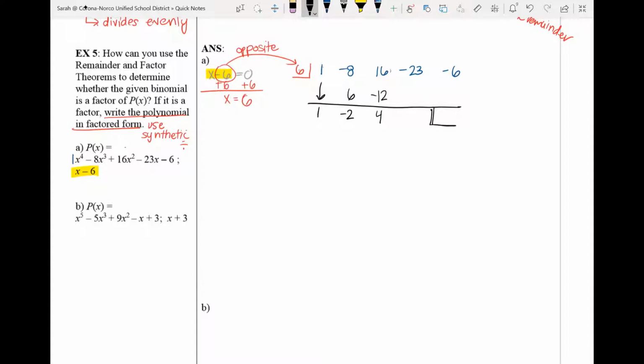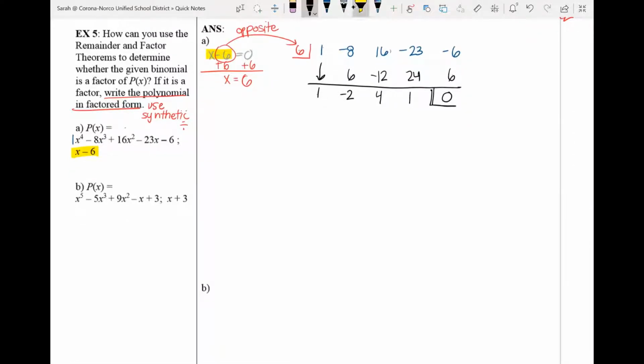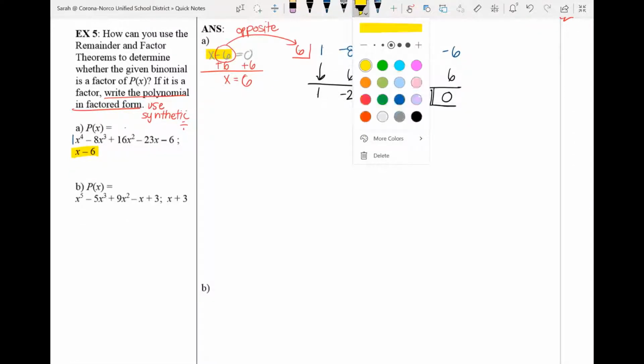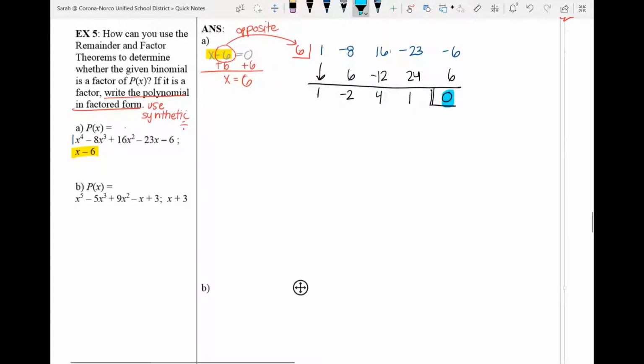4 times negative 6 is positive 24. Sorry, 4 times positive 6 is positive 24. Negative 23 plus positive 24 is 1. 6 times 1 is 6. Negative 6 plus 6 is 0. And so since this value is 0,